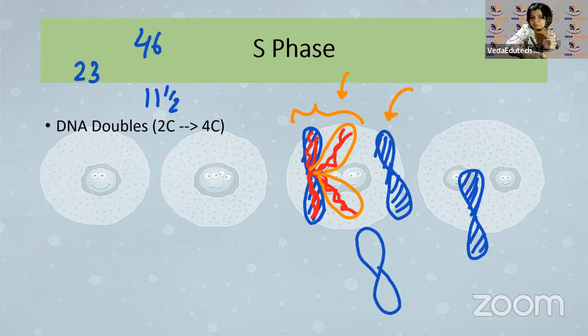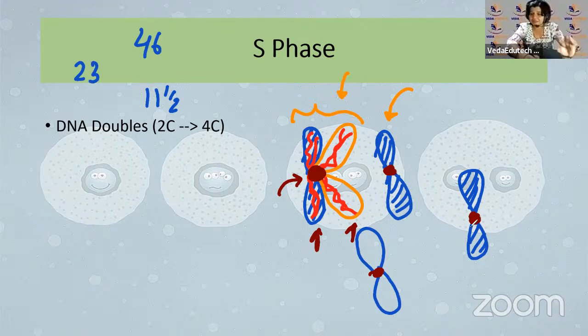Okay, how do we know? Because they have only 1 centromere. Both of them have only 1 centromere. How do we count the number of chromosomes? Very simple. If somebody tells you to count the number of chromosomes, you only have to look at how many centromeres you can spot in that picture. We don't care how many of these arms are there. We don't care at all. We only care how many centromeres.